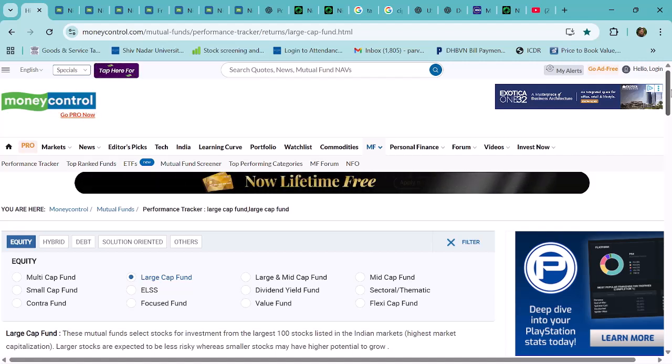I'll be sharing a project, or an assignment, which you people have to do. This will also carry maybe about 15 marks. I'll think about that and share the assignment along with the marks, where you have to do an analysis of the equity mutual funds. There are a lot of mutual funds which you can see on the screen, so you can do analysis.